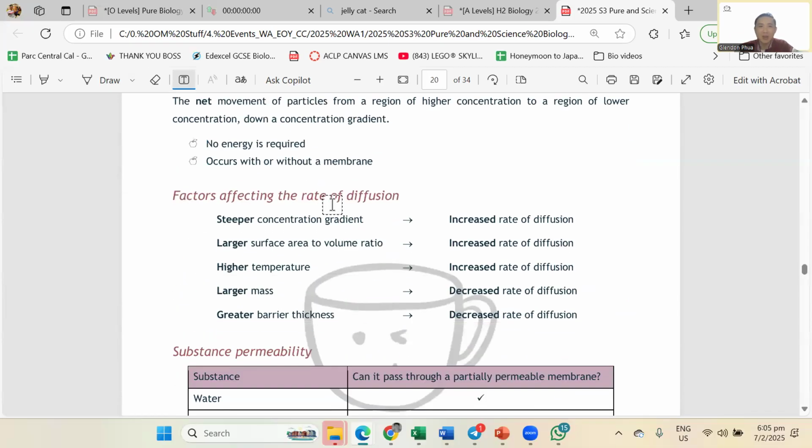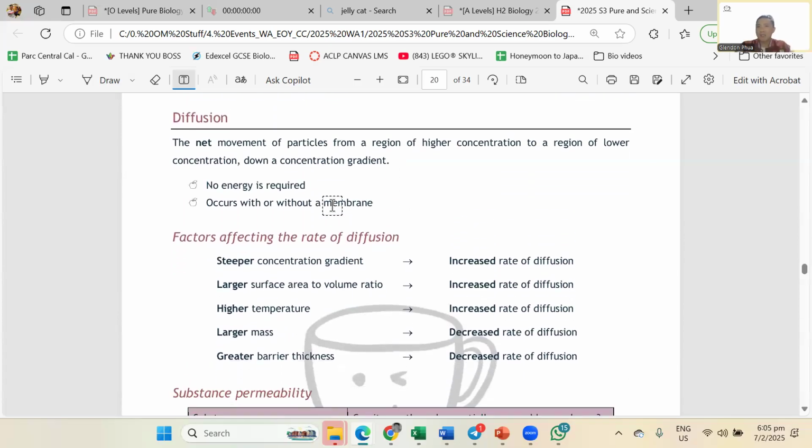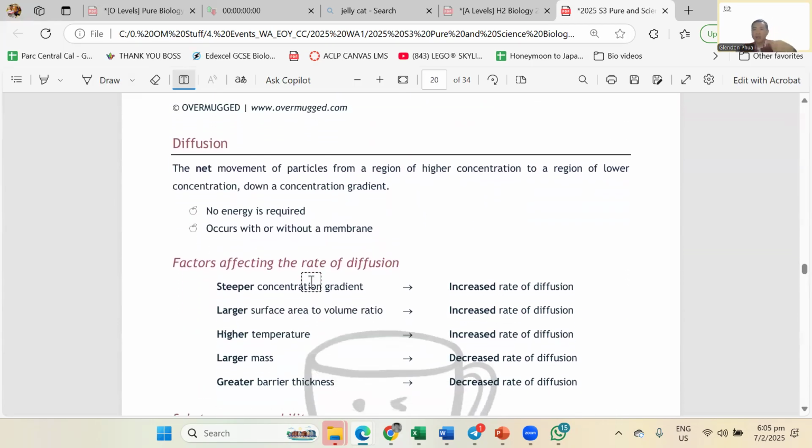Now, over here, I will summarize diffusion for you in a very simple nutshell. You cannot smell, but now if I fart, what happens? After a while, if you are in a classroom with me, all of you will smell it. Because why? The fart diffuses across. When I farted right outside my bottom, there's a very high concentration of fart molecules. Step 2, identify the different regions. Where you are seated, the area near your nose has a very low concentration, in fact zero concentration of my fart molecules. Then you know, diffusion is along a concentration gradient.